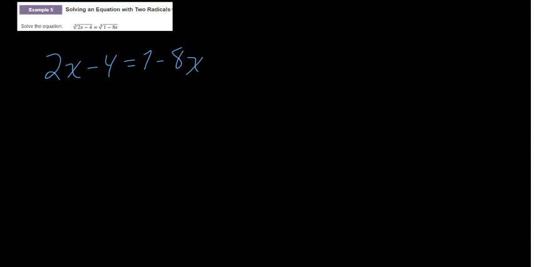Right? And then we solve from here, so let's go ahead and add 8x, we're going to have 10x. We're going to add 4 to both sides, so it's going to be 5, so x is equal to 1/2. Right? And we're done. Okay, again, the book does check it, but since we are raising to an odd power,